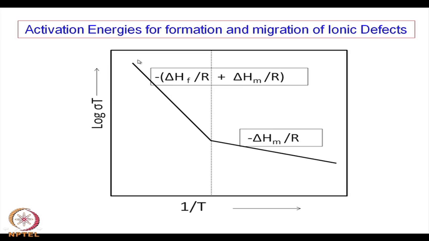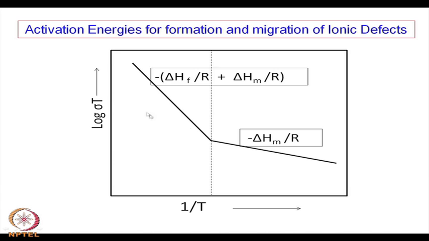However, at higher temperature you need both the terms to be supplied. Here of course, R has been written, this is as per mole. You can also use k if it is per number